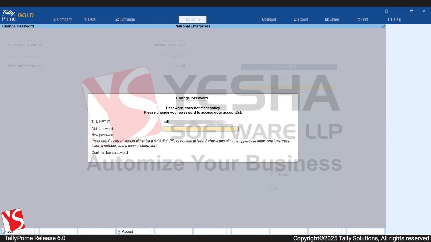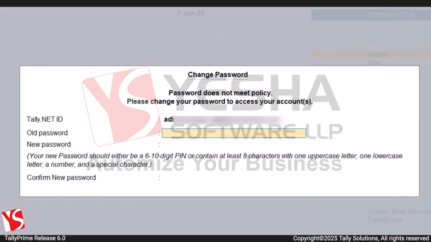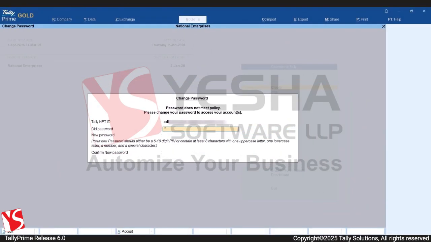To ensure a secure banking experience, a new password policy is applied. If your Tally.net password does not adhere to the latest password policy, then you will need to change the password. Enter the old password and new password. Confirm the new password.